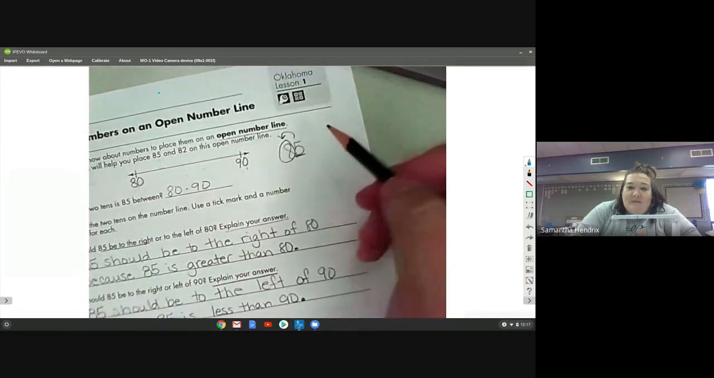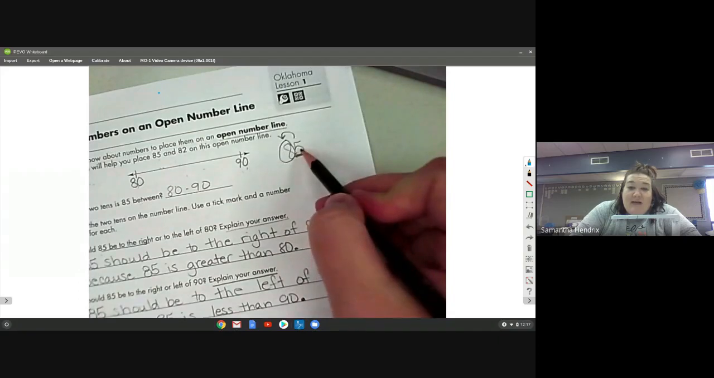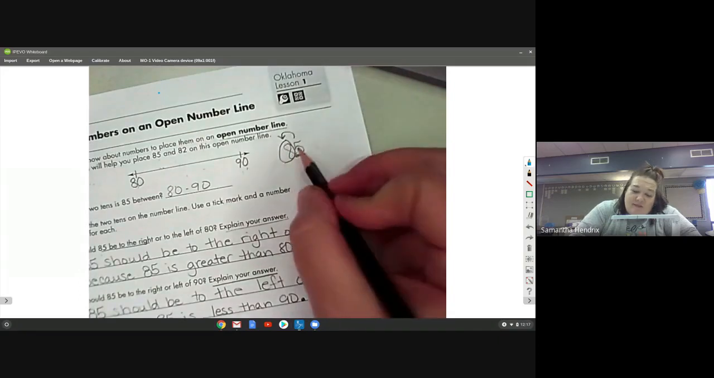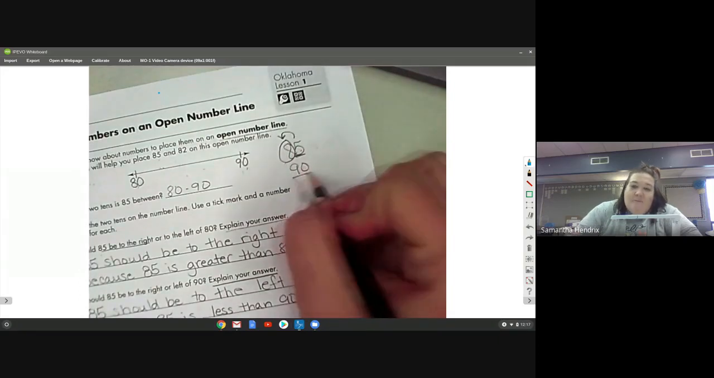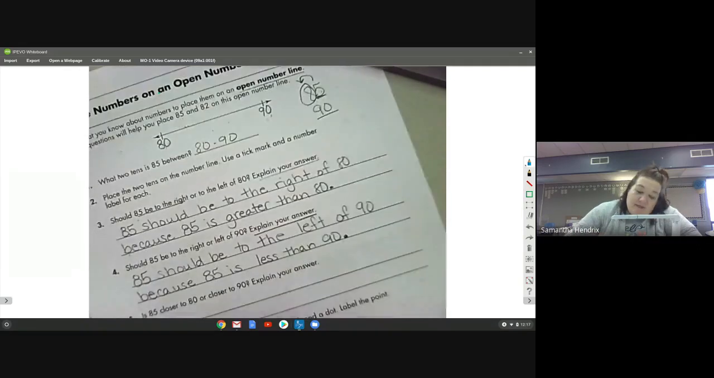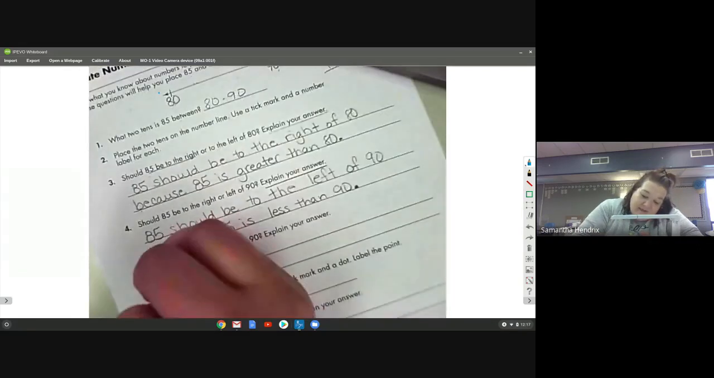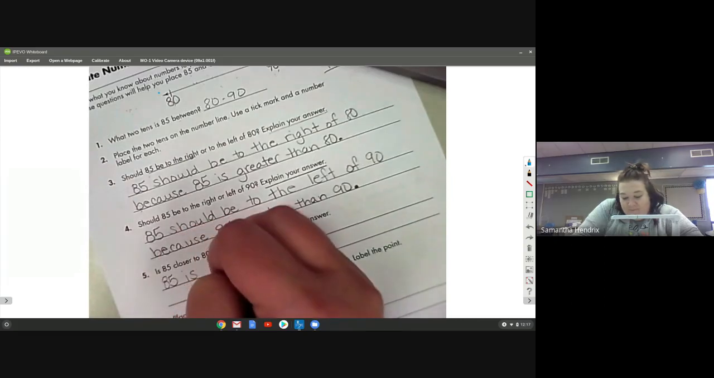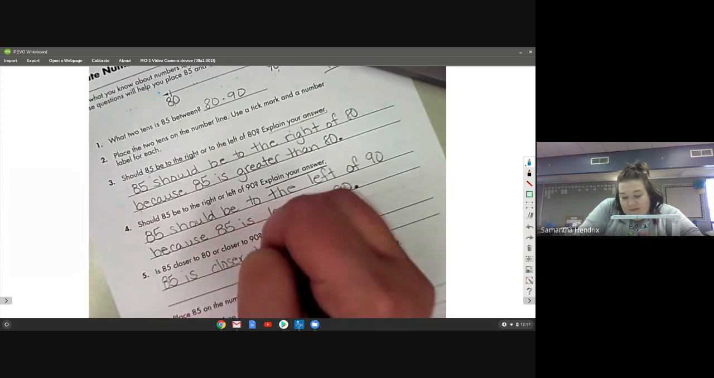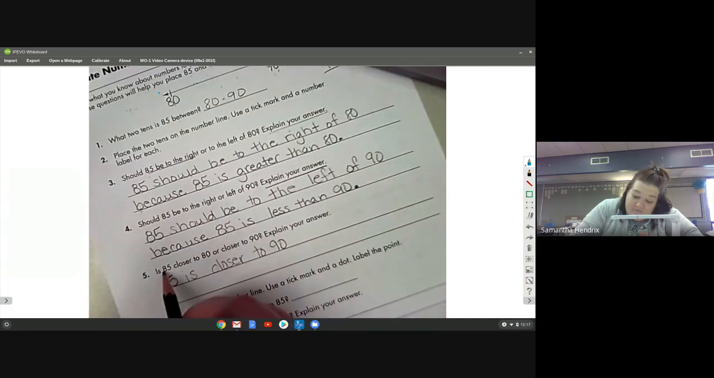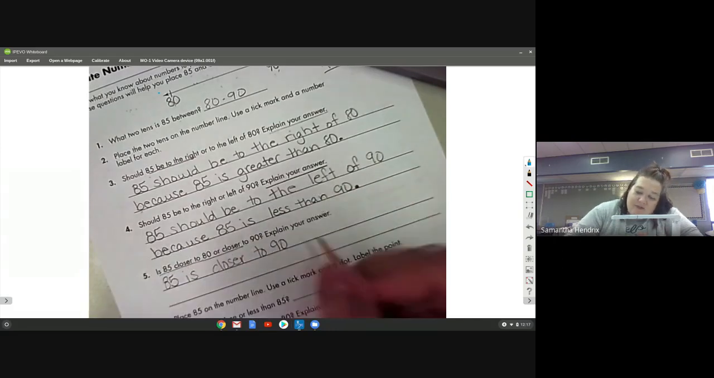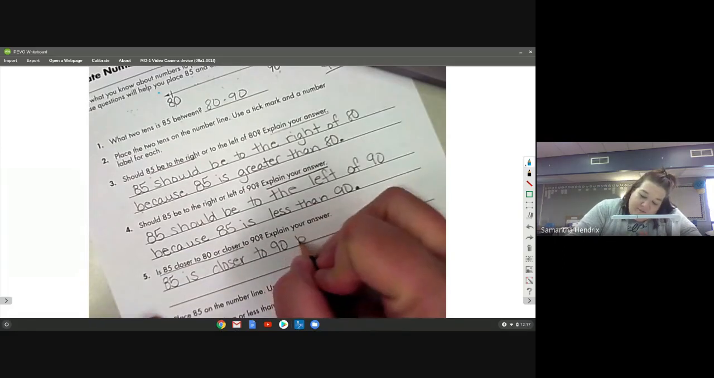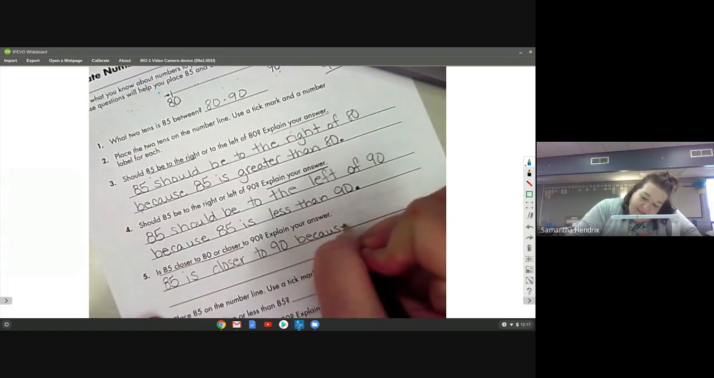4 or less, let it rest. 5 or more, raise the score. So what is it closest to? 90. So we're going to write 85 is closer to 90. Do you see how I use the sentence or the question? But we're going to say because